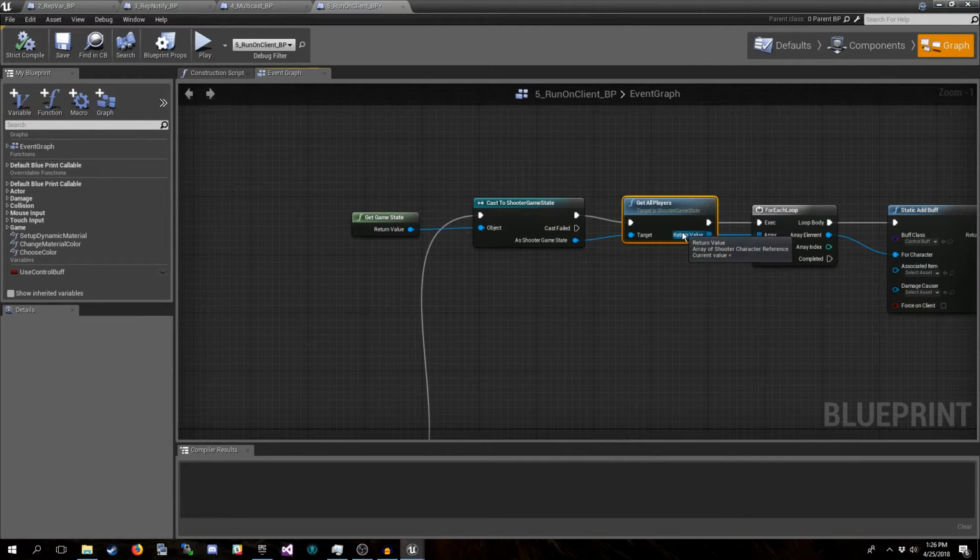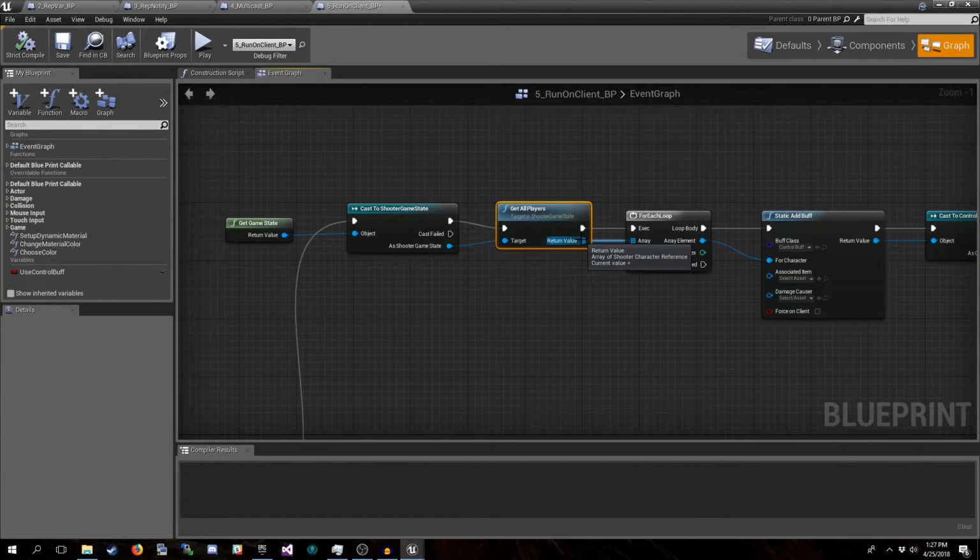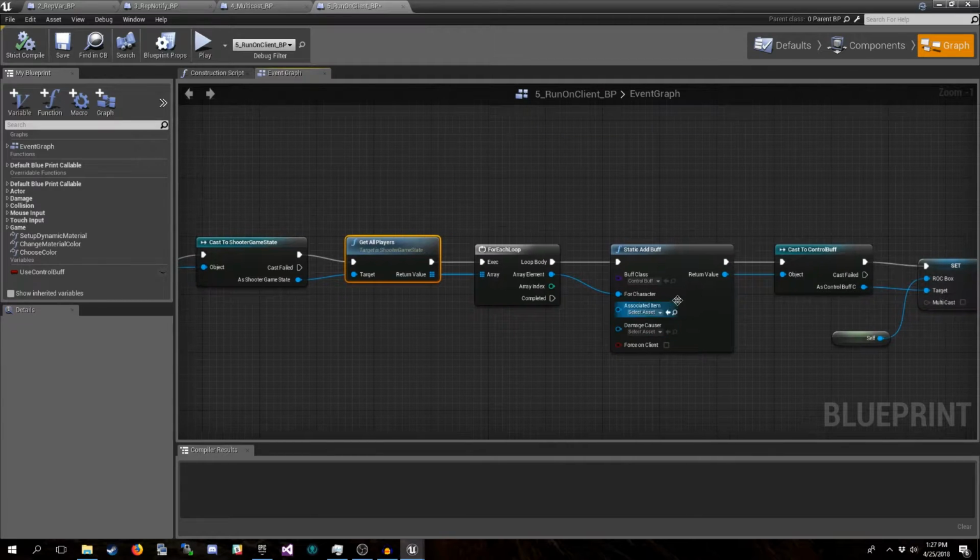What that does is it'll return the player instances of everyone currently in the game. We'll do a for each loop. It'll iterate through that array right there. And then we've got this function called static add buff. Now the way this function works is it will add the buff if it is not already on a player.